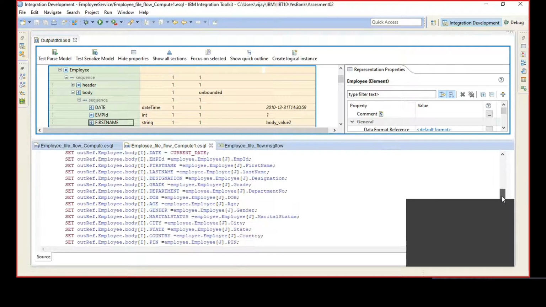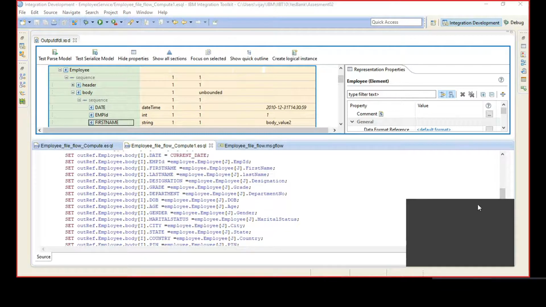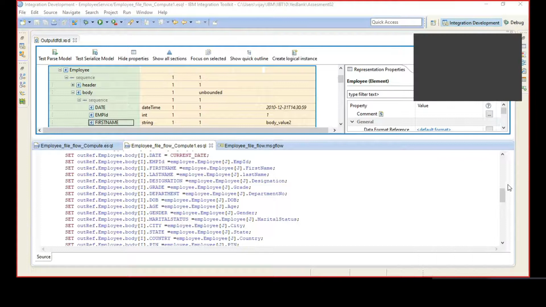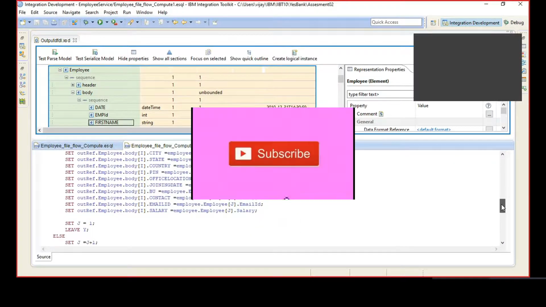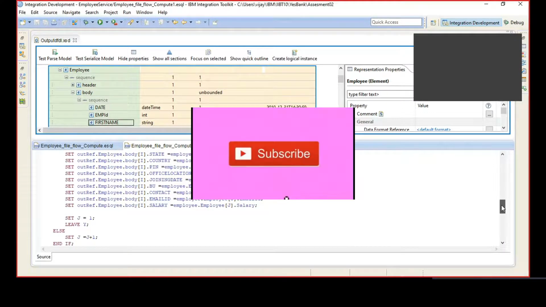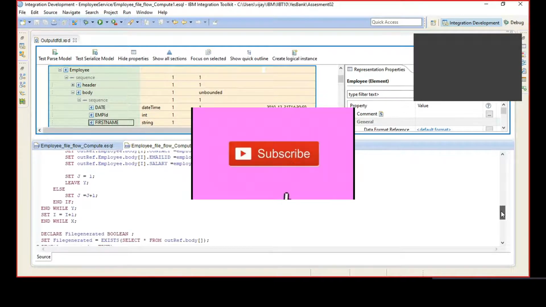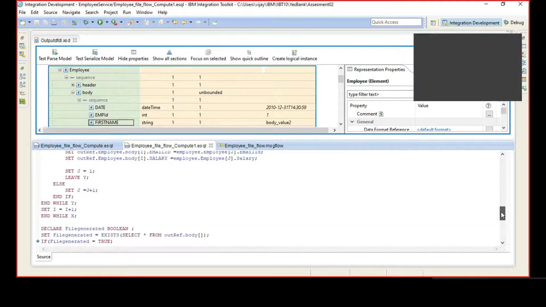Scroll down in the ESQL. Scroll down to the end. Okay. And finally it returns true. Now go to your message flow.